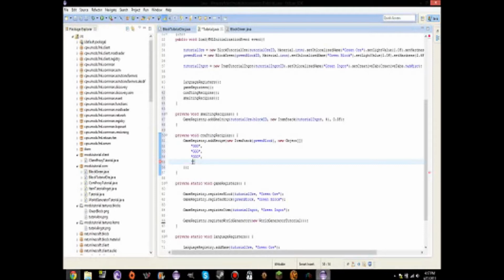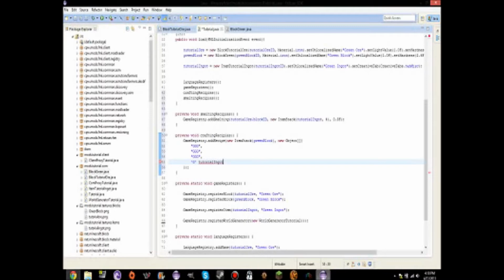So, and then you do G, and then equals, no, G, tutorial ingot,